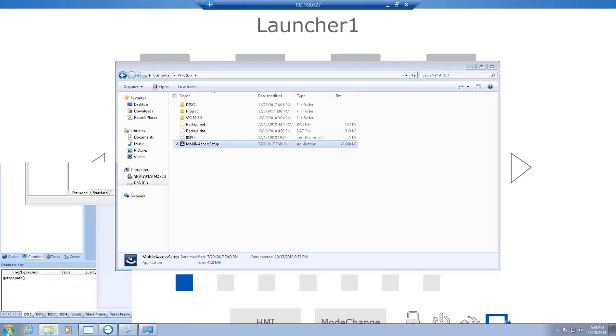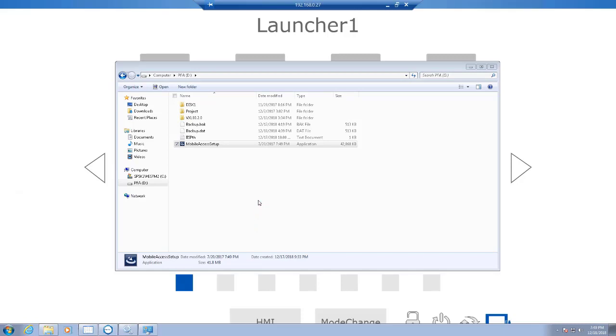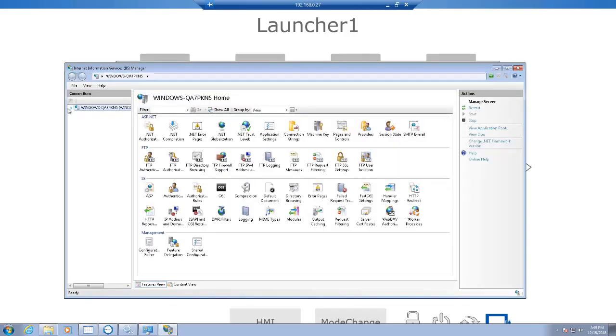So if I go into the IIS Configuration Manager, what you should see right out of the gate, under the default website, is BOSS 80. And if you open into that, you should see some folders in there, and there's also MA. This will automatically configure and set you up to use mobile access